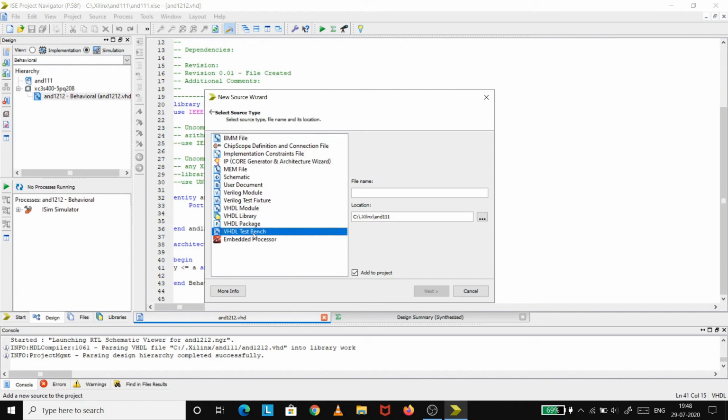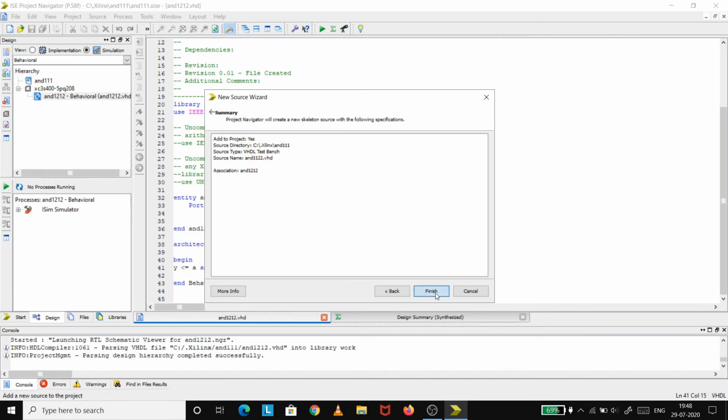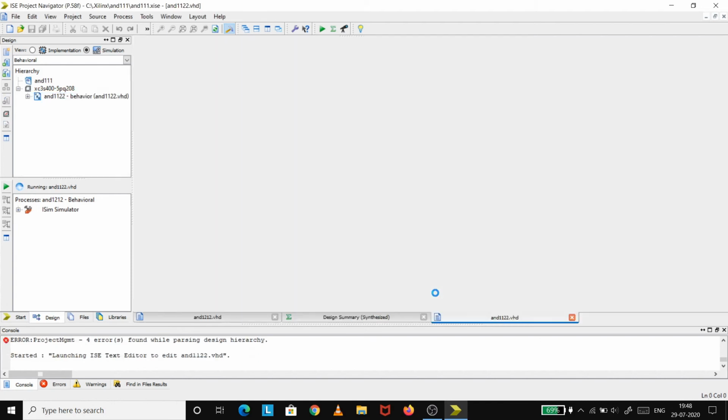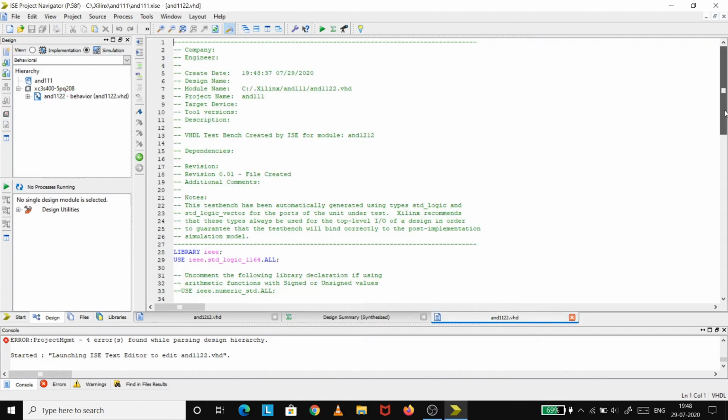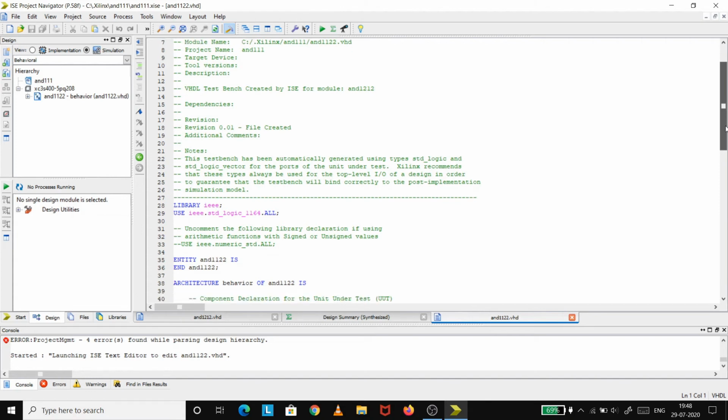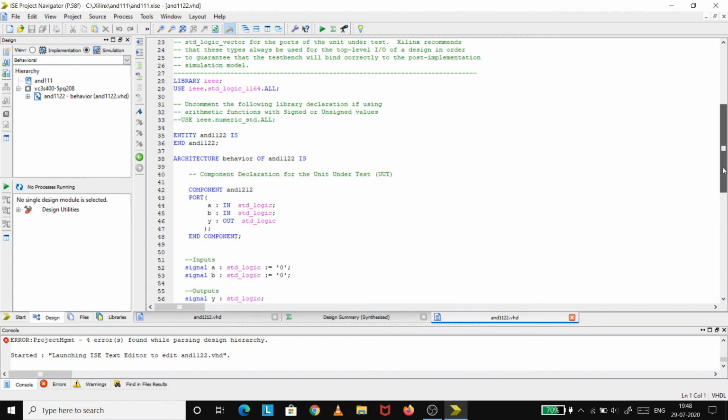We will create test bench code. So here and 1122. Check the location, click add to project, next, finish. Now this is my test bench code and 1122.vhd. Now in this test bench code I will remove clock signals because I am going for AND gate, which